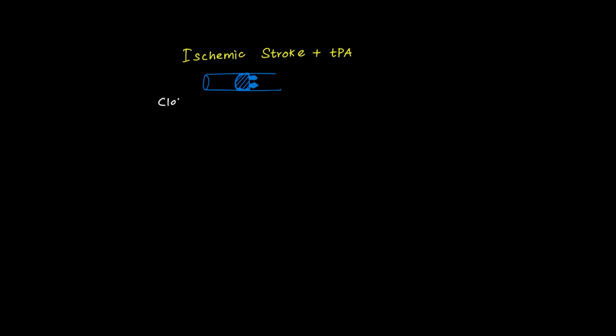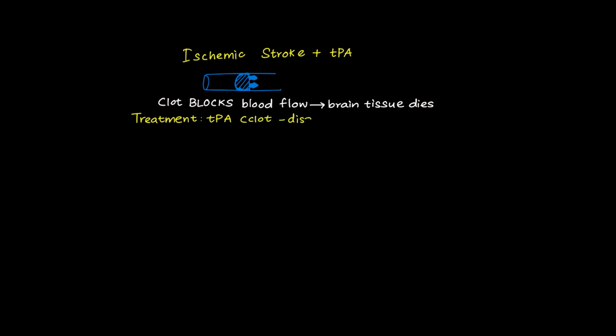There are 2 types of stroke and you need to keep them straight. Ischemic stroke is caused by a blood clot blocking a cerebral artery, cutting off blood supply to brain tissue. About 87% of strokes are ischemic. The treatment is TPA, a clot-dissolving medication that breaks down the clot and restores blood flow. But it must be given within the time window, generally 4.5 hours from symptom onset, which is why this question